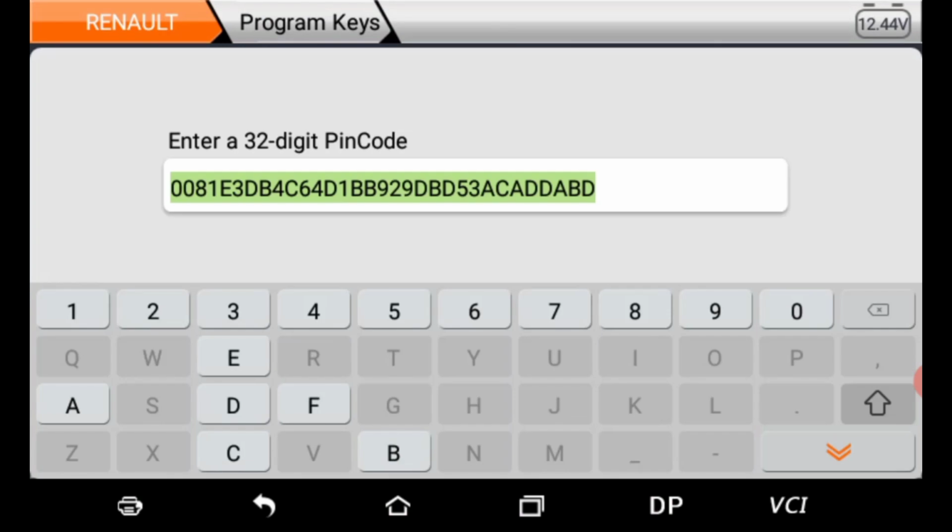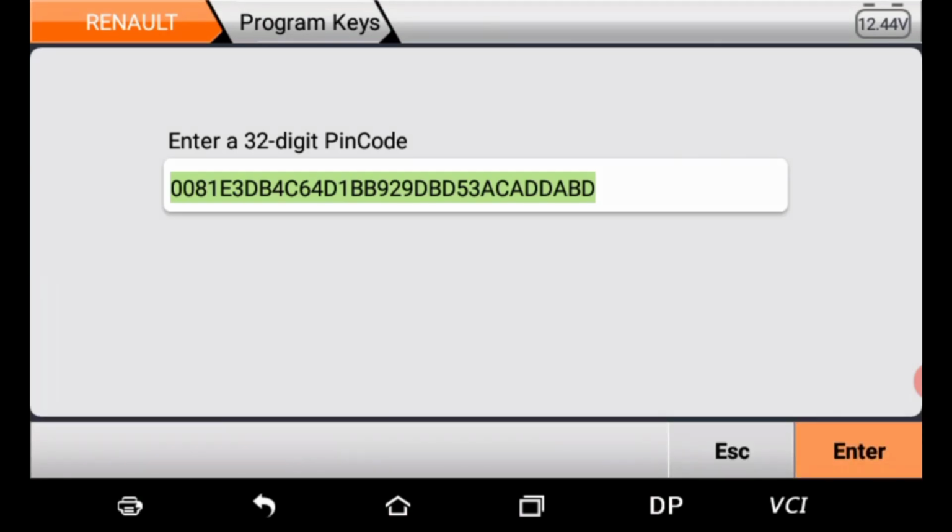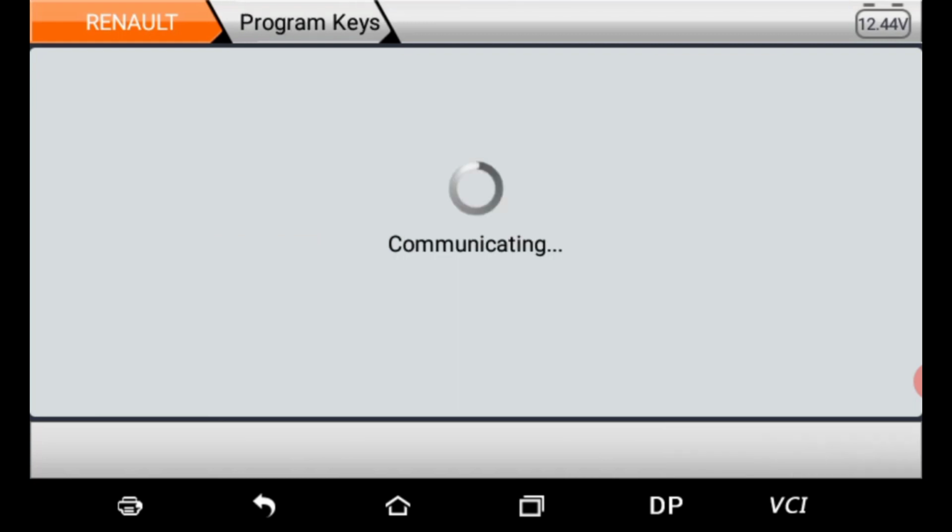Enter a 32-digit pin code. So the tool automatically takes the 32-digit pin code. Insert a working key to turn on the ignition. So we have to turn on the ignition with the original key and then press enter. Now communicating.